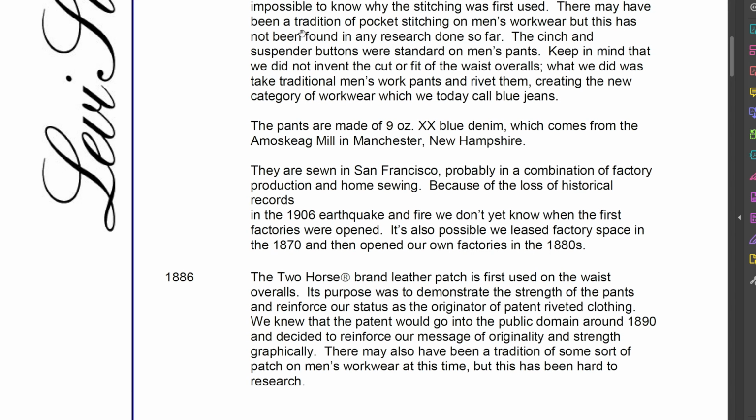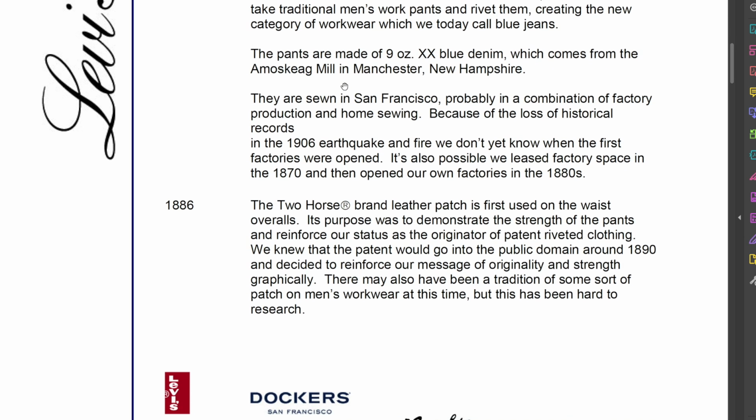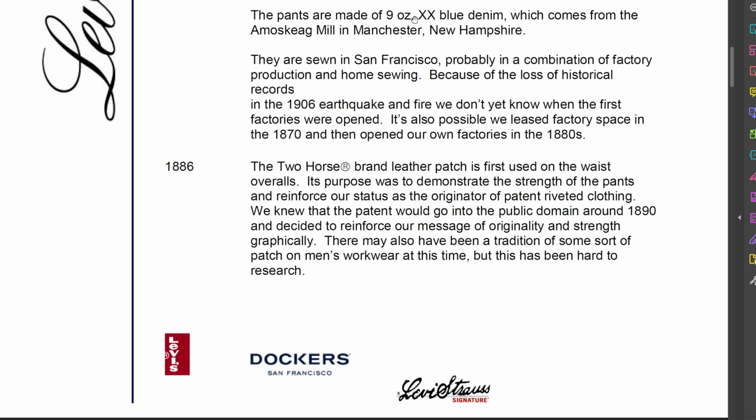There may have been a tradition of pocket stitching on men's workwear, but this has not been found in any research done so far. The cinch and suspender buttons were standard on men's pants. Keep in mind that we did not invent the cut or fit of the waist overalls. What we did was take traditional men's work pants and rivet them, creating the new category of workwear, which we today call blue jeans. The pants are made of 9-ounce XX blue denim, which comes from the Amasie mill in